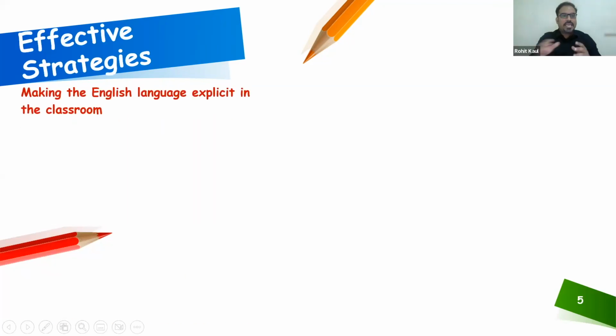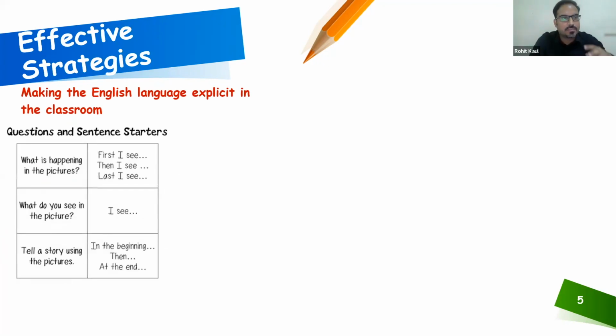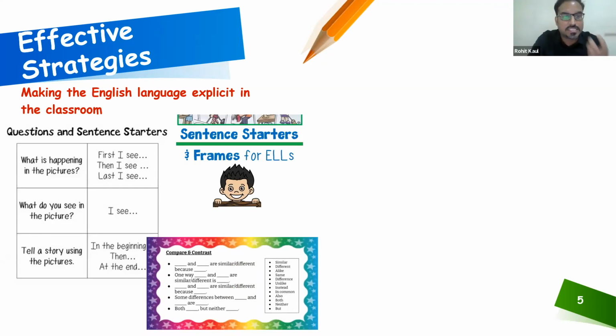Okay. Now, the third strategy that I feel is making the English language explicit in the classroom. For that, you can have some questions and sentence starters for the children, like what is happening in this picture. So they will have certain sentence starters. You can have word frames. Once they see these pictures and you provide them these sentence starters,